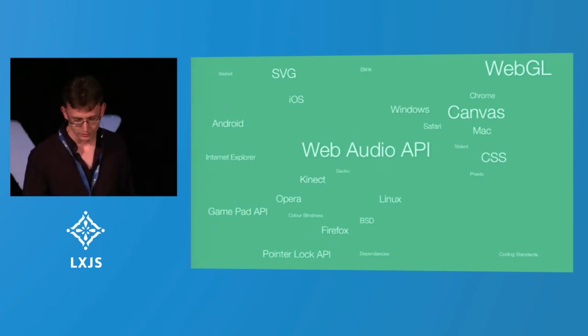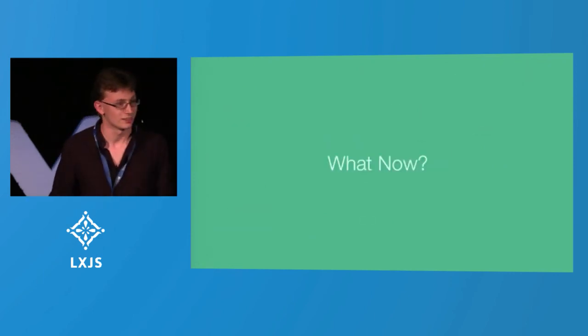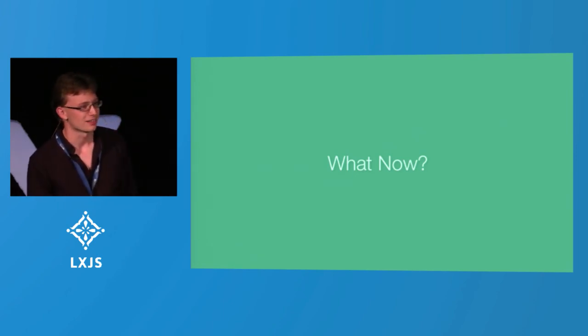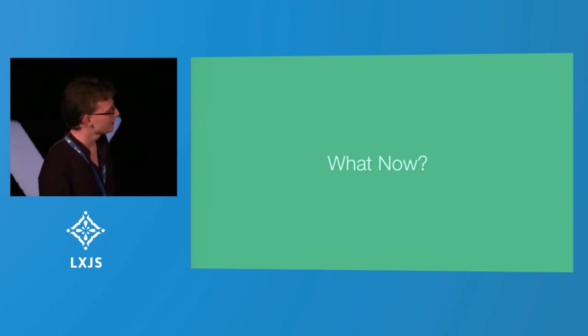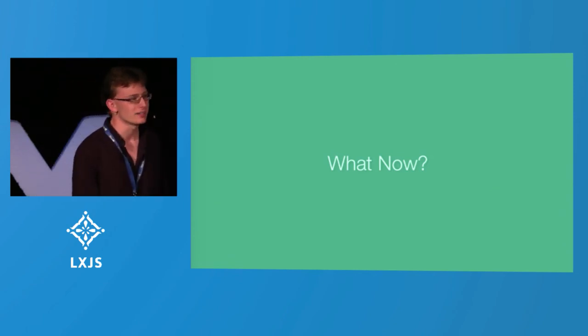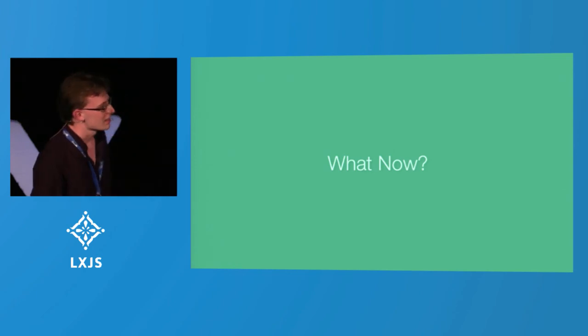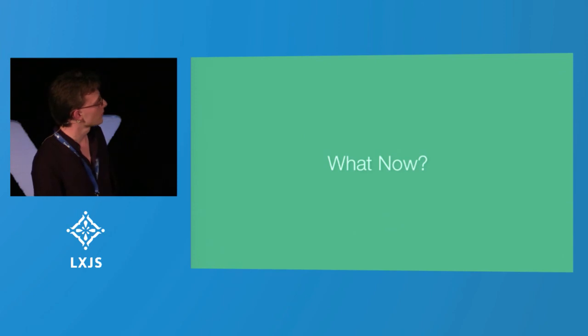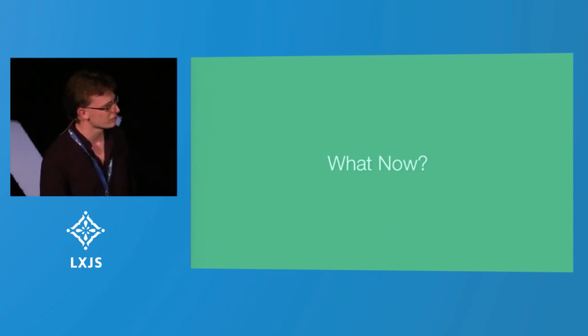And obviously I've had to whiz through this because he covered all of what I had to say. But where do we go now? We've seen so many different device APIs today that I think it's obvious that devices are the way. But I would really like people to think about just how you use them, because accelerometers, they're easy. We can use them without hurting our hands. Leap Motion, it looks like it's easy, but it's not.